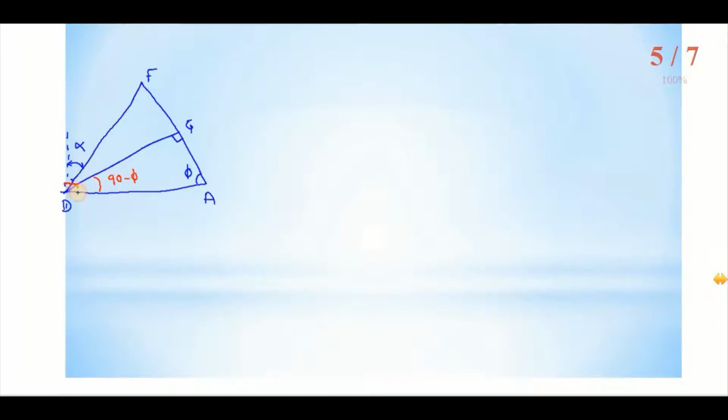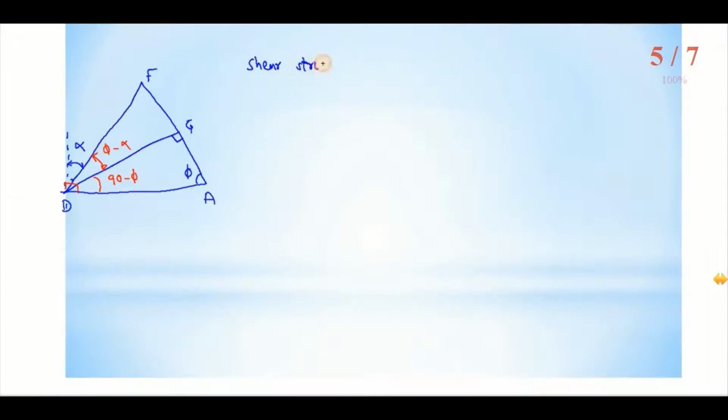And here the normal we have drawn, so from 90, if you reduce this angle, 90 minus phi and alpha, the remaining angle we are getting is phi minus alpha. From the 90 degree, this is the normal. From this 90 degree, we are reducing these two angles to get this angle value, that we are getting phi minus alpha. So the shear strain we are getting,